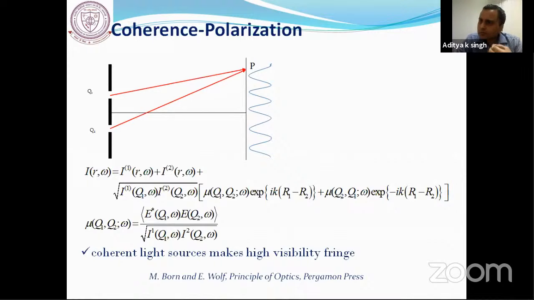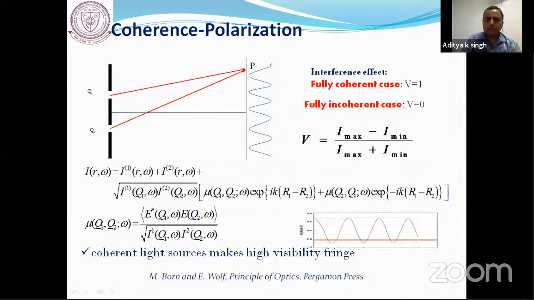But what happens if we have two orthogonally polarized lights? Suppose you have X polarized light through a pinhole Q1 and Y polarized light through a pinhole Q2. You have designed these two orthogonally polarized lights in such a way that they come from the same coherent source, and now we have flipped their polarization state. If you consider the usual interference pattern based on intensity modulation, like I wrote in this slide, you will observe that there is no fringe. So this will be a kind of contradiction of your experimental reality.